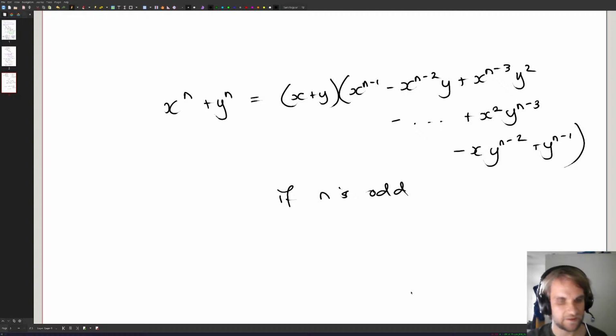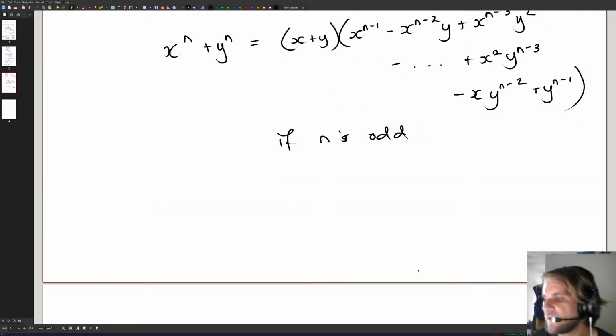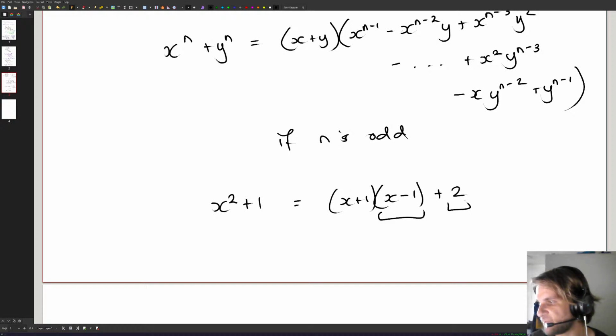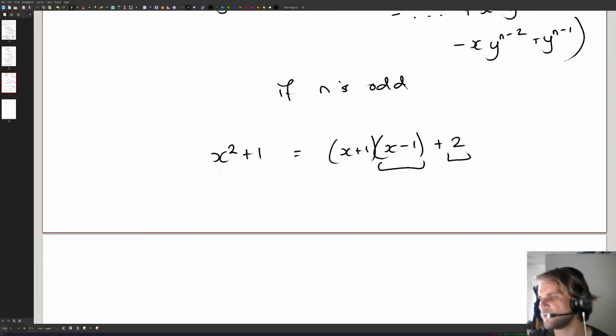Now, if you don't insist that the remainder, so to speak, has a smaller degree than the divisor, then this representation stops being unique. You can write x squared plus 1 as x plus 1 times, so the quotient remainder version is going to be this. Here's the quotient, here's the remainder. But if you don't insist that this has a smaller degree than this, this is also x plus 1 times